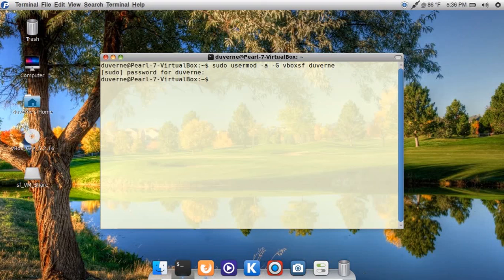So if you type groups, it'll show you. Let me see if I'm wrong about that. Yeah, here we are. So here are the groups that I am currently in as the user. I am administrator. I have the right to use the CD-ROM, sudo, dip, plugdev, samba share, and lpadmin. And we've just added myself to the VirtualBox group. But that won't take effect till after a reboot. So,